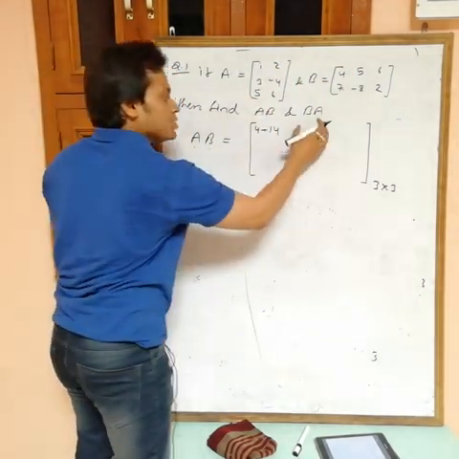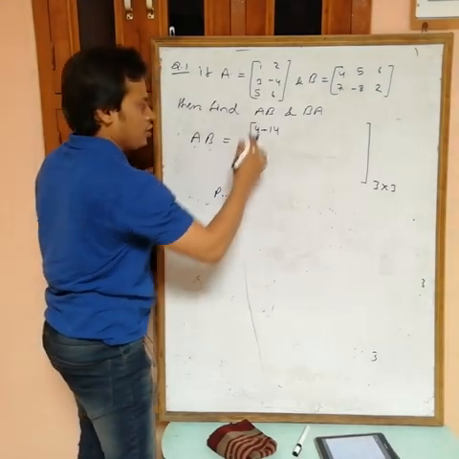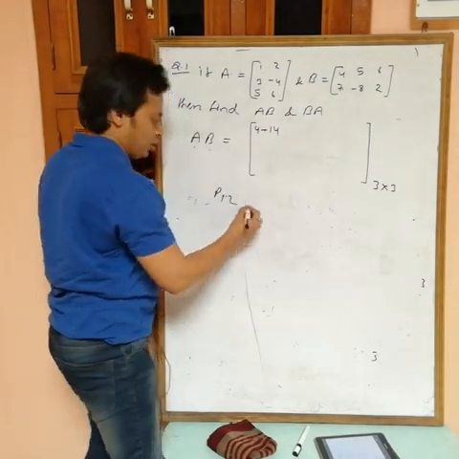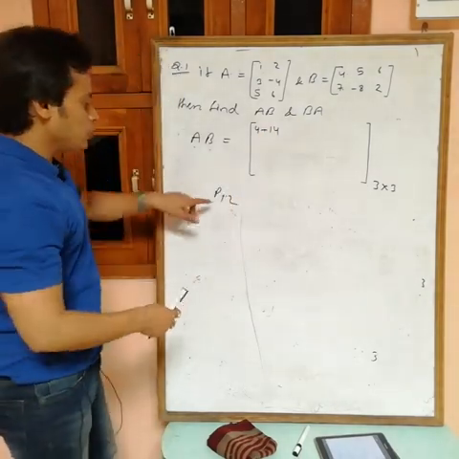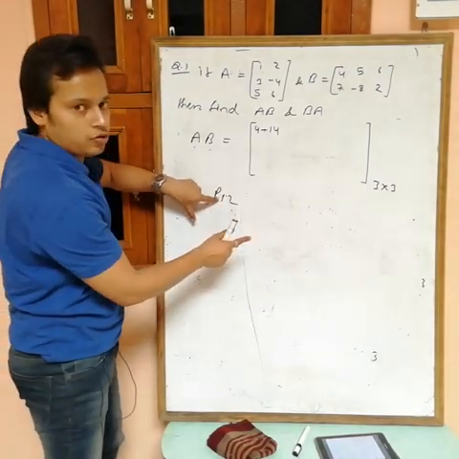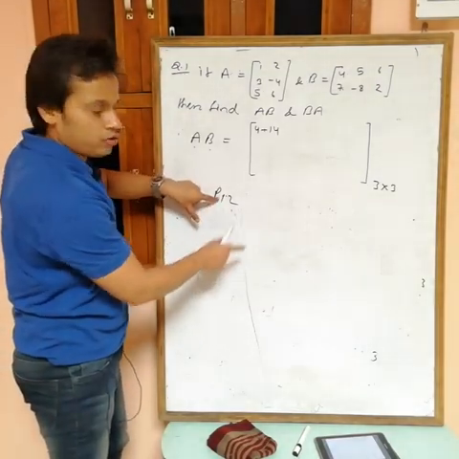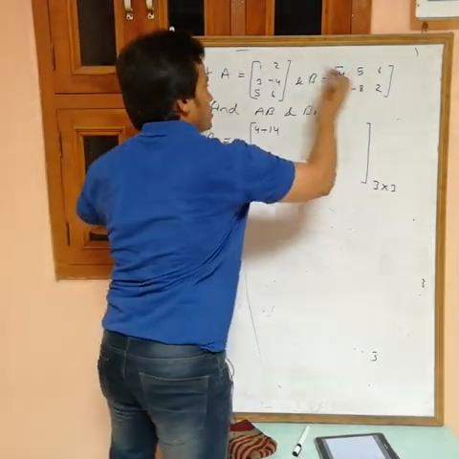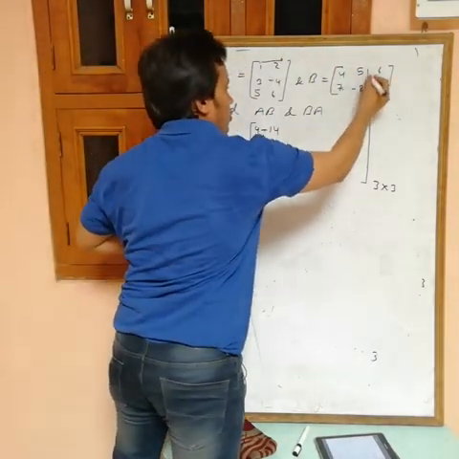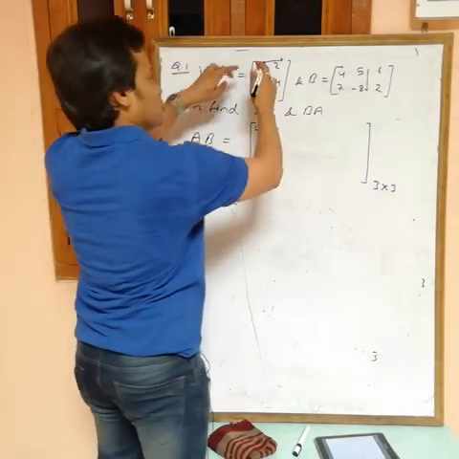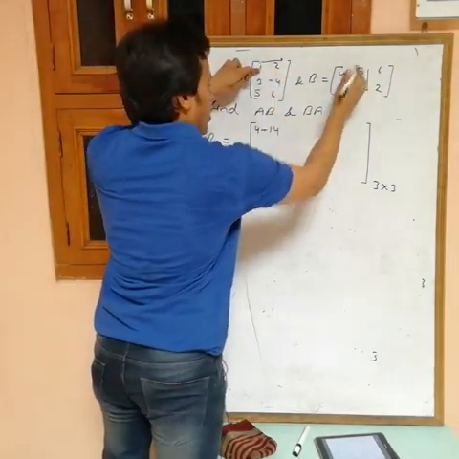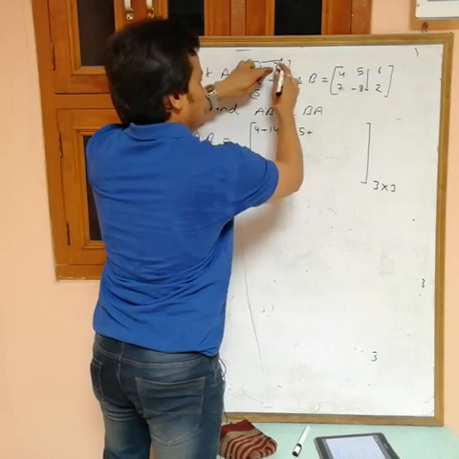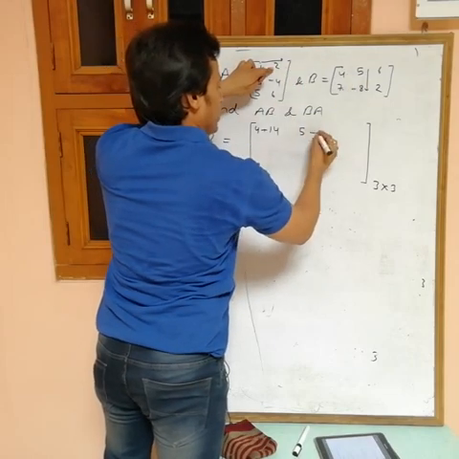Okay. Now the next element is P12. P11 then P12. How to get P12? To get P12 multiply the first row with the second column. This is the row number, this is the column number. So this is the first row, but now this is the second column. So this one with this one, 5, 2 into minus 8, minus 16.